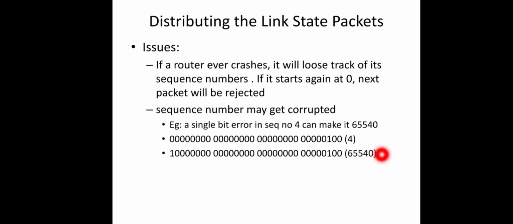So what happens now? All the packets from 5 up to this number will be rejected, right? By treating them as obsolete. Because it currently received this packet, now it expects the next sequence number, that is 65541, right? Actually this source will send the next packet with sequence number 5 only. So all the packets with sequence numbers from 5 up to this number will again be rejected. Okay, so this is another issue.